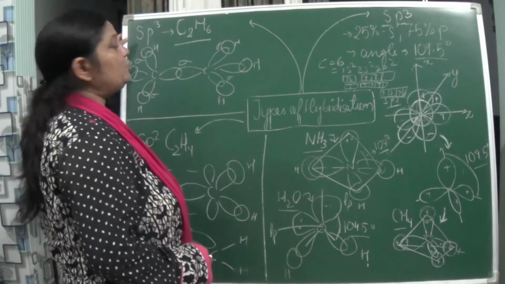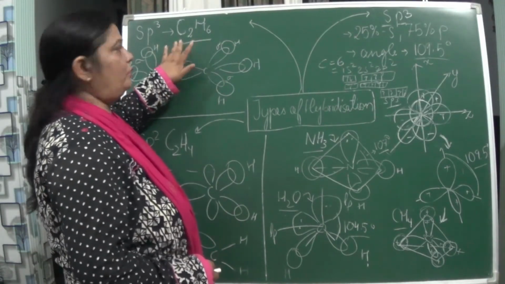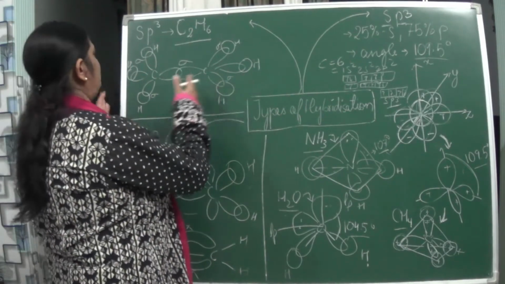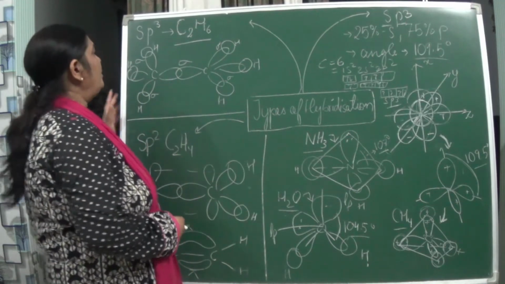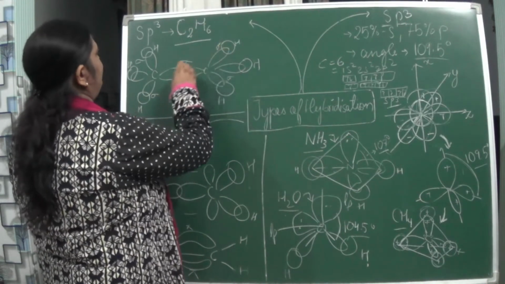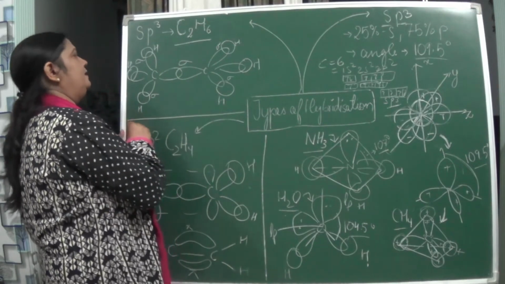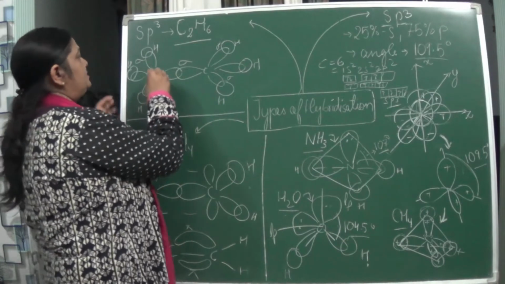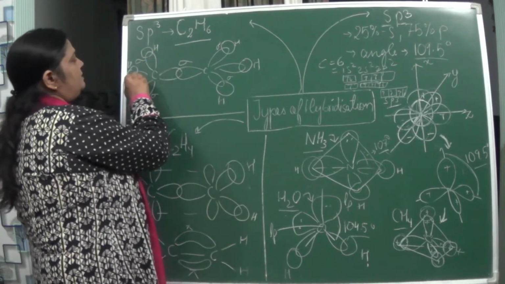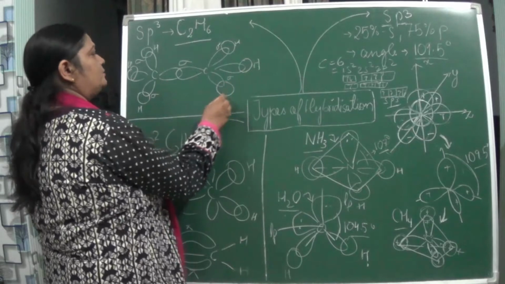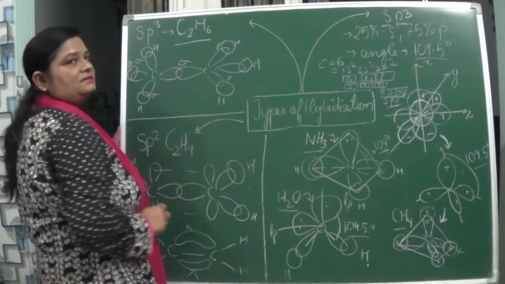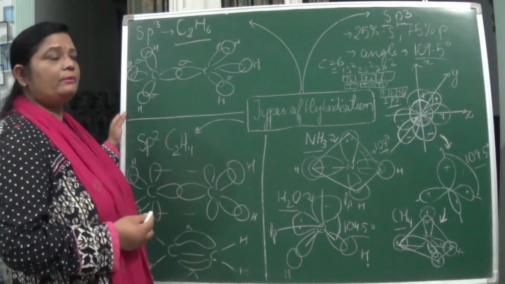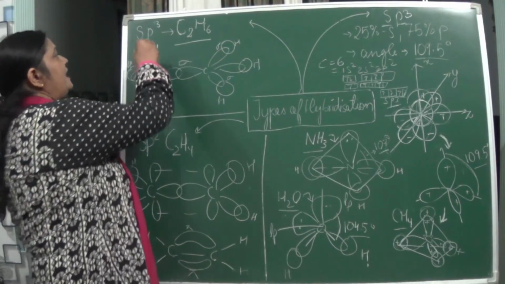Now coming to sp3 hybridization of the ethane molecule. Here you can see the structure over here. It consists of sigma bonds. In this sp3, naturally carbon and carbon are forming sigma bonds, and here you can see sp3 hybridized carbons with all the 6 hydrogens over here. So all are single bonds. Sigma bond you have studied, isn't it? How many bonds are present? Only one single bond, isn't it? So this is sp3 hybridized.